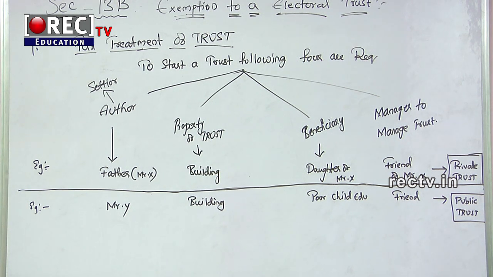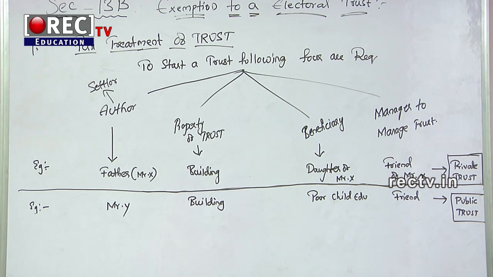Trust has to be registered with the Commissioner of Income Tax. The registration would be granted by the Commissioner only when he is satisfied that the trust is started with a charitable objective. If the Commissioner rejects to give permission, there is no trust and there is no exemption under section 11 and 12. A charitable trust is treated as an individual for tax rate purposes.